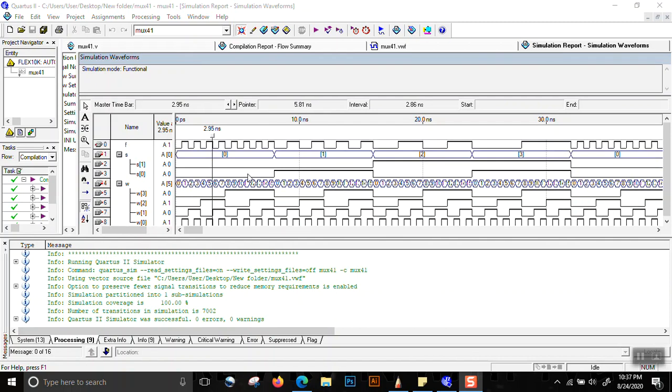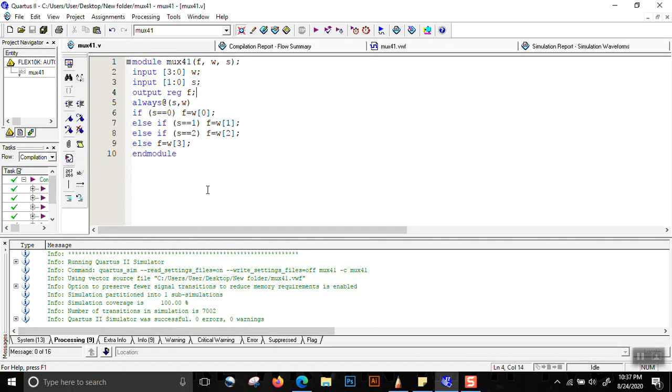Now this is done using an if-else statement. We can do the same thing using a case statement. How can we do that? We delete the if-else part of the code and modify the same code. We write case